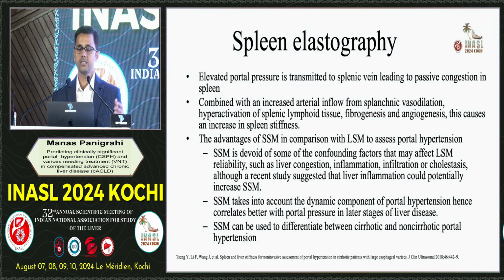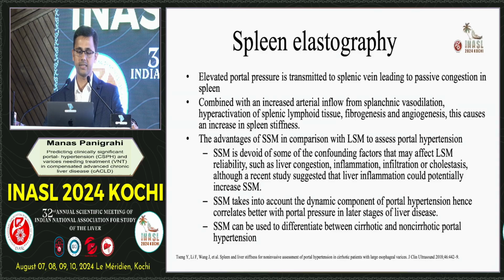And what is the role of spleen elastography? We know LSM can detect liver stiffness, but for portal hypertension, when there is advanced stage, it is less correlated. More than 10 HVPG is correlated less. However, SSM is a better correlator because SSM is devoid of some confounding factors of LSM, that is liver congestion, inflammation and